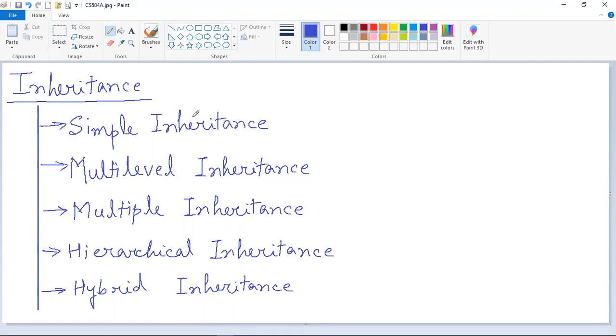So the members inside a class can be acquired by another class. These are the properties or characteristics that a class can normally have, which are its variables and its methods. So these members are being inherited into another class, and when this happens, we call it inheritance. In case of simple inheritance, only two classes are involved: one which is being inherited and another one which inherits the properties or characteristics of that class. So let me draw it down.